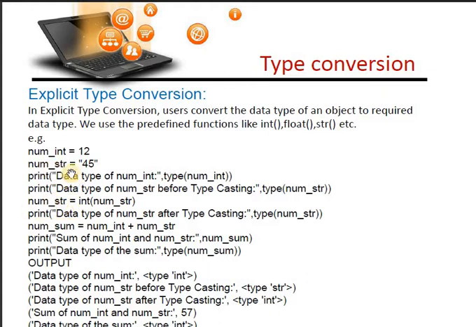Here this num star equal to 45 is the string type, and here I am converting it into int. In the previous video, we have discussed these int and float functions. Okay. Now, this is the explicit type, and in examination, generally the question is asked about type conversion and its